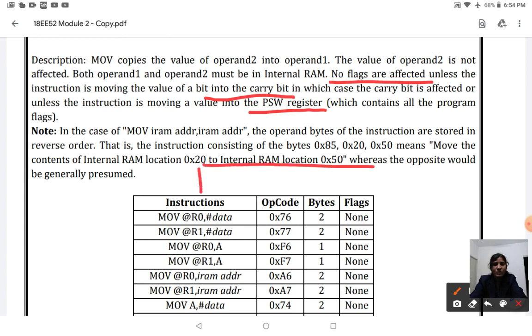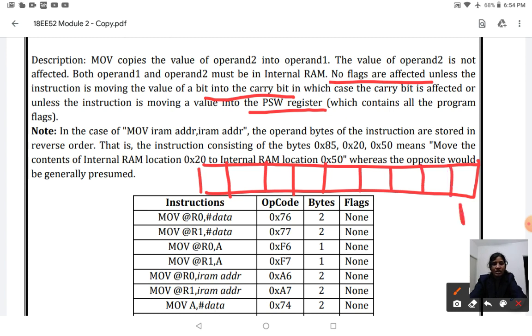Program status word is 8 bits, as we discussed in the first chapter: PSW.0, PSW.1, PSW.2, PSW.3, PSW.4, PSW.5, PSW.6, PSW.7. It is an 8-bit word that does many functions.